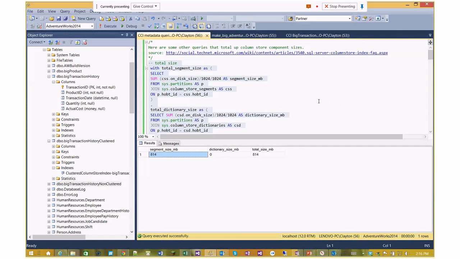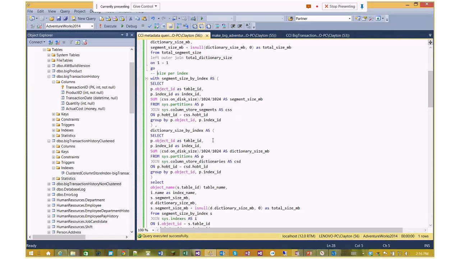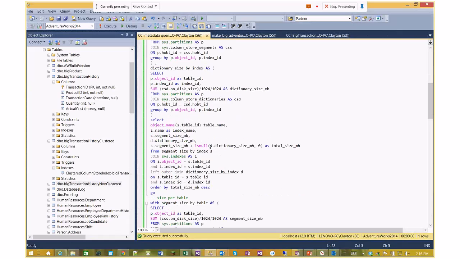So that's giving me some size information there. Size per index. Again, this is all put up there on the FAQ, and they've got